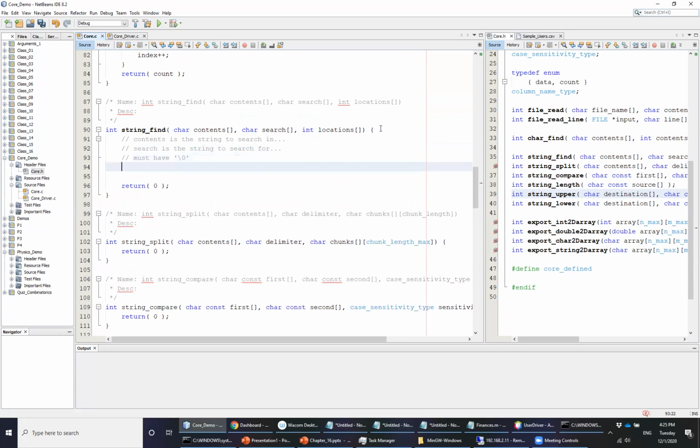Now, as such, what we can do now is we can create a couple of temporary